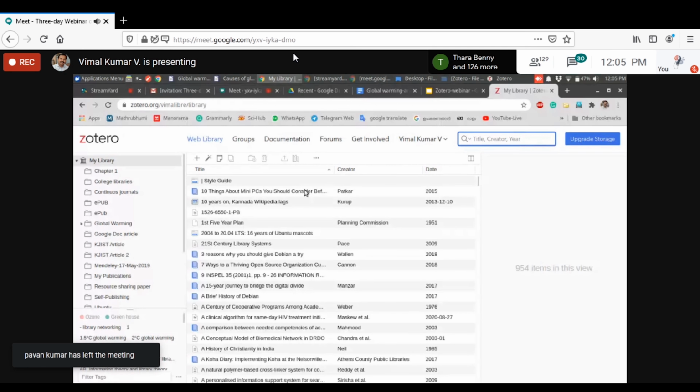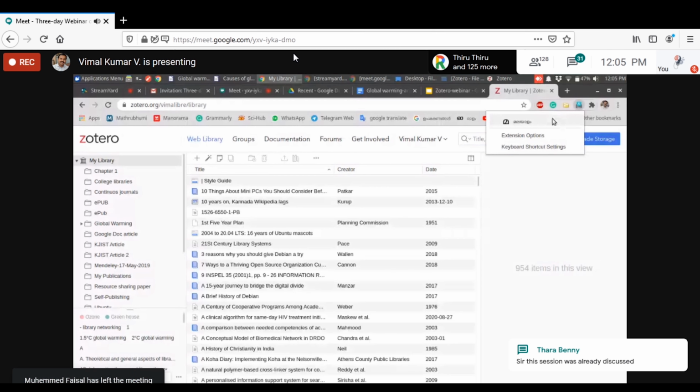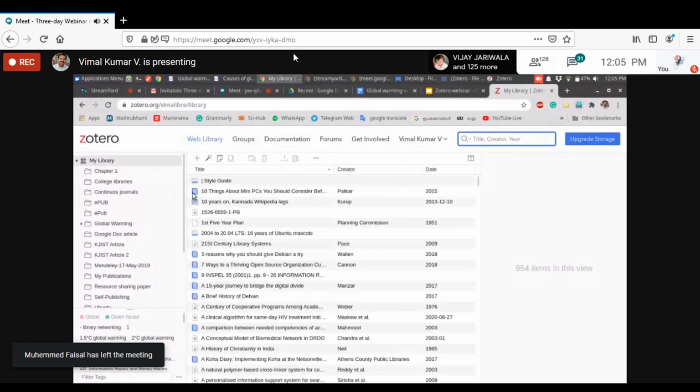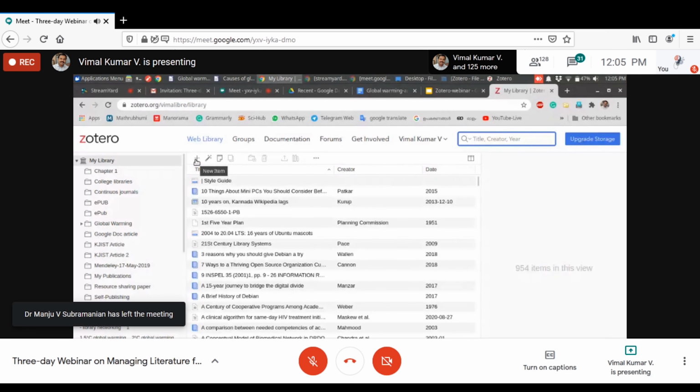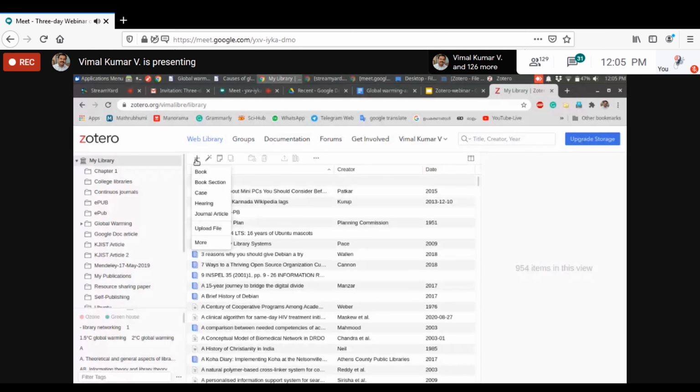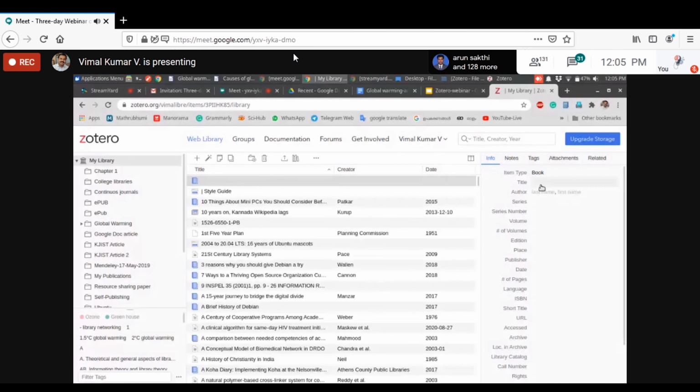Then we can just click on this extension. You can see the Malayalam option is available there. Suppose you are going to add a new reference entry in a regional language. Click on this plus button. Suppose you are going to add the details of a book. Click on book. Then place the cursor in the details field, then enter the